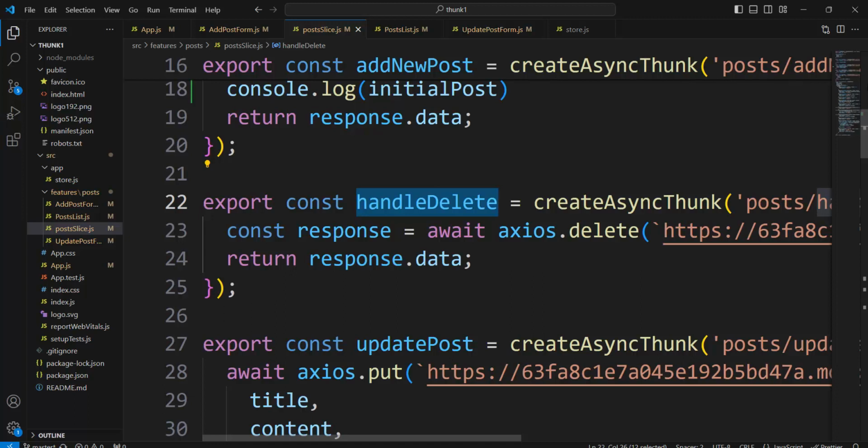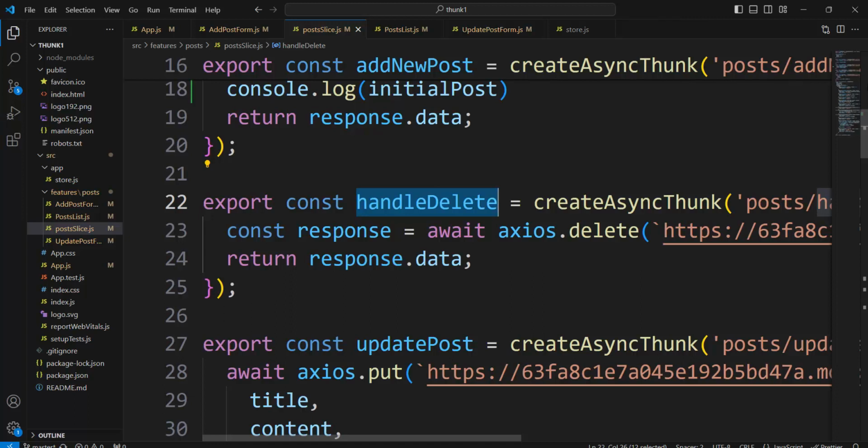To inform Redux what happened during the asynchronous process. If we don't use Redux, here I would not need a thunk,